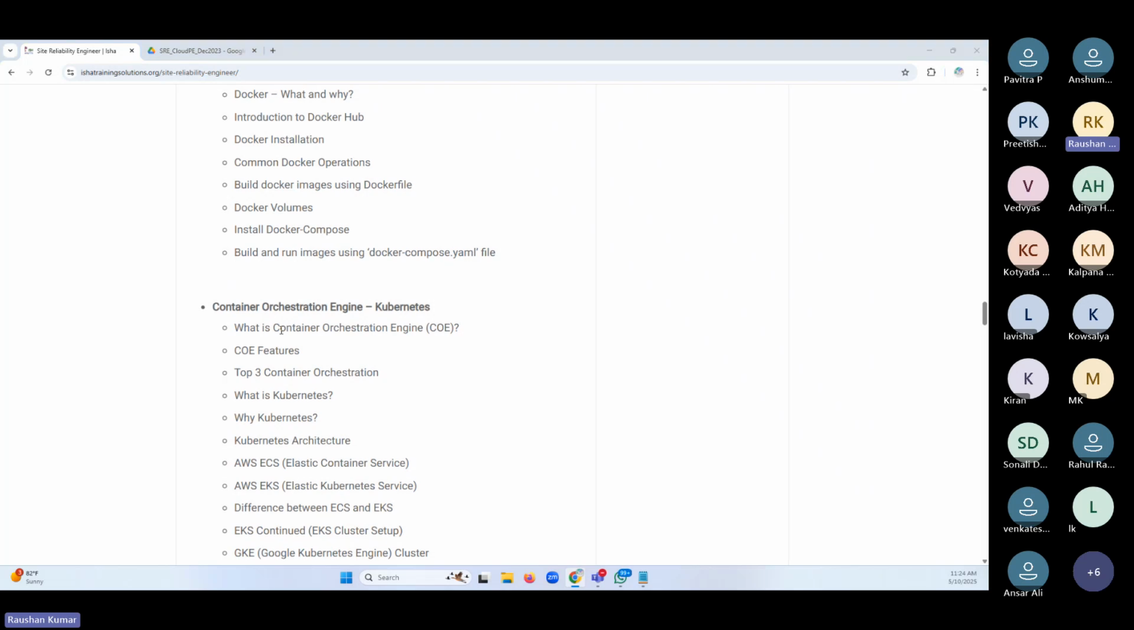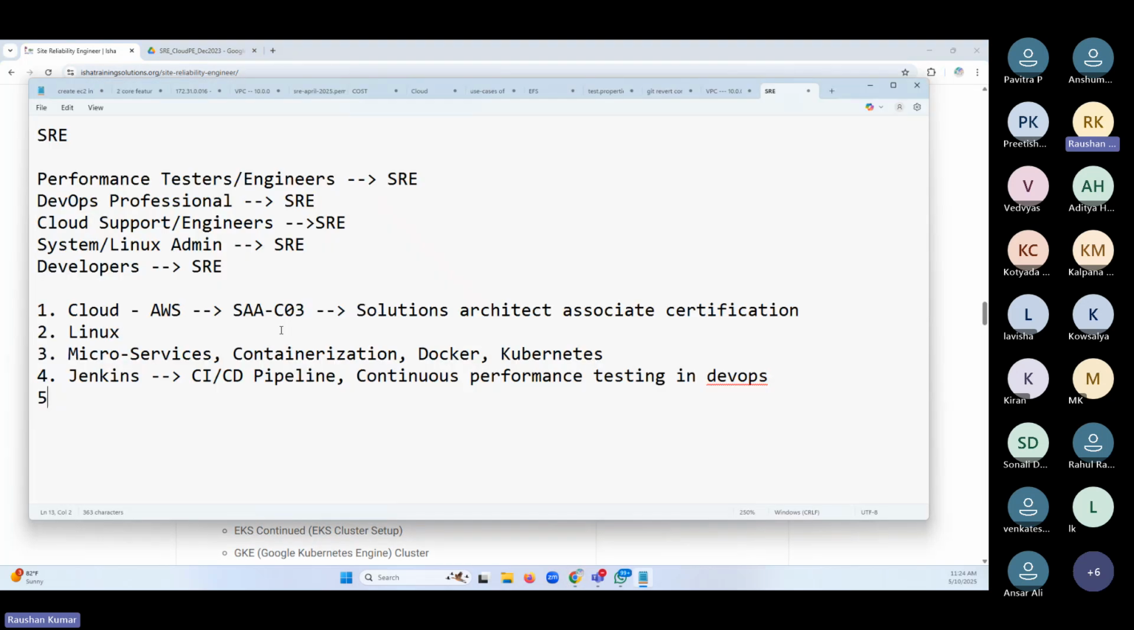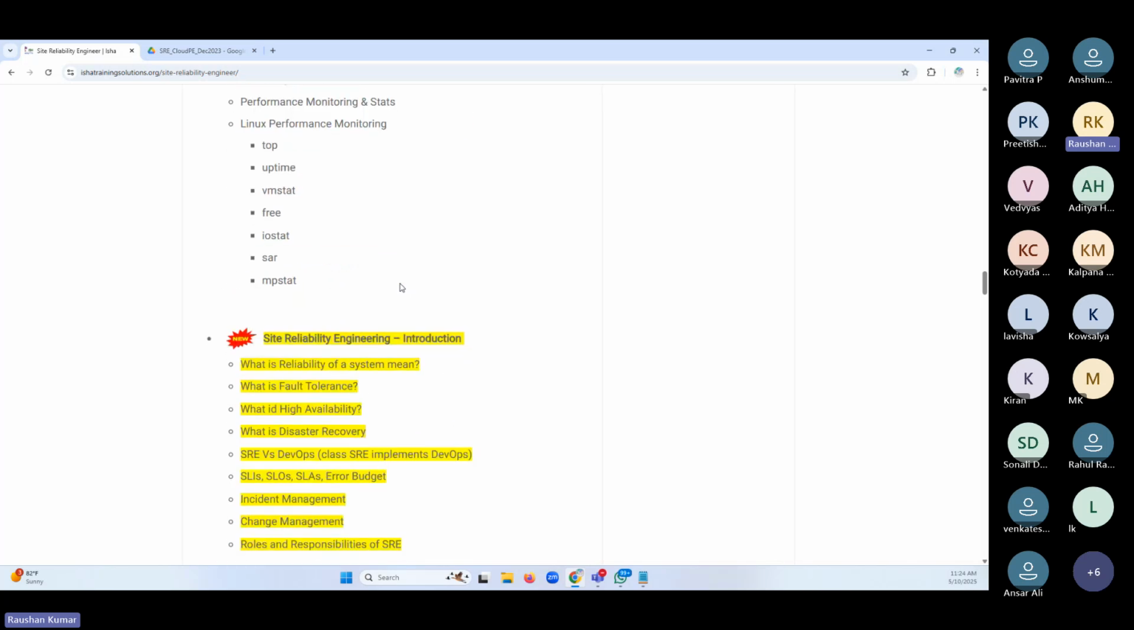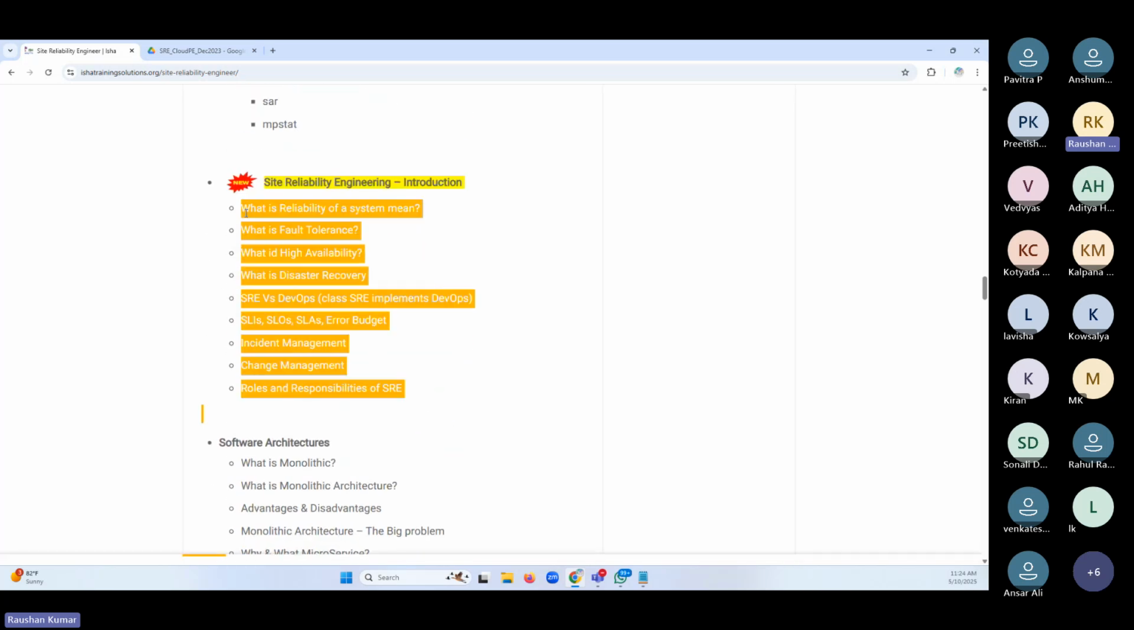These things are very much important to make the base for our next discussion, where we take SRE concepts. What is SRE? What is reliability? What do we mean by reliability? How do we achieve high availability? What is fault tolerance? There are various disaster recovery. How do we plan for disaster recovery? What to do in case of disaster recovery? How do you make sure your application is reliable? So we cover a lot of things in the SRE part,